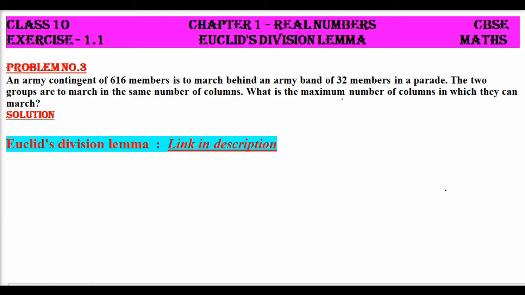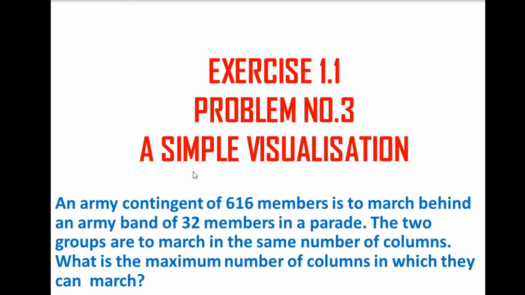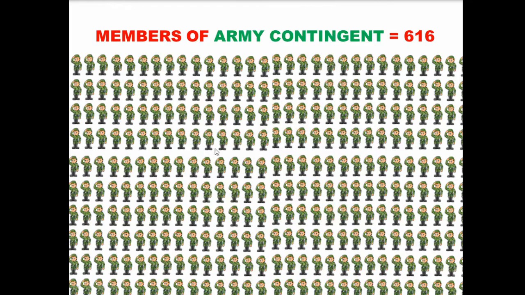But let's see the explanation of why we have to find the HCF of two numbers. What is given, what is asked, and what makes us find the HCF of two numbers. Let's see a small visualization of this problem. Okay friends, though I am not technically sound, I have made a small visualization of this problem because I do believe that learning through visualization is more effective than theoretical learning. So let's see the explanation of problem number 3, exercise 1.1, with the members of the army contingent,